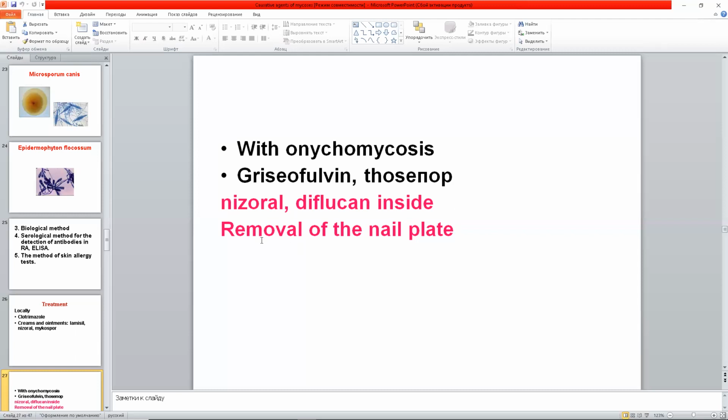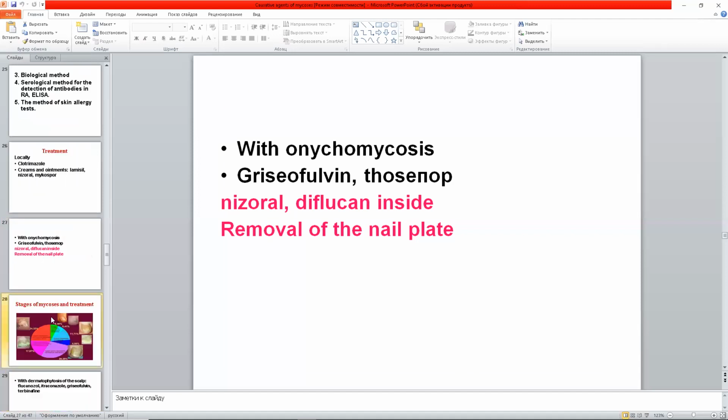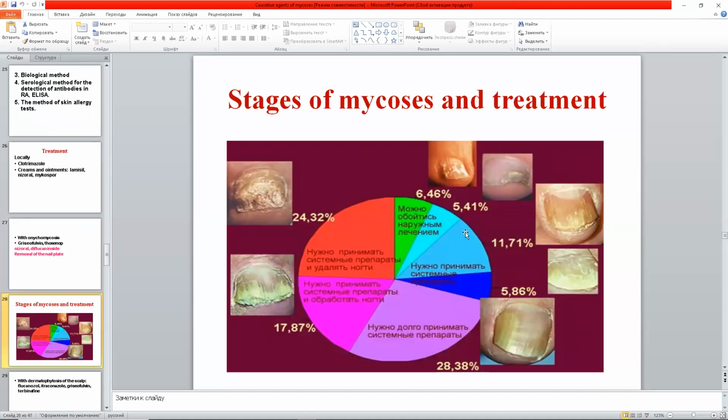So, and sometimes it is necessary to remove the nail plate. The patient needs surgery, or there are pictures. If 6% of the nail is destroyed, it's possible to use just local application. If 11% of the nail is destroyed, it is necessary to take per os preparations. If 28% of the nail is destroyed, the patient should take per os preparations for a long time. If